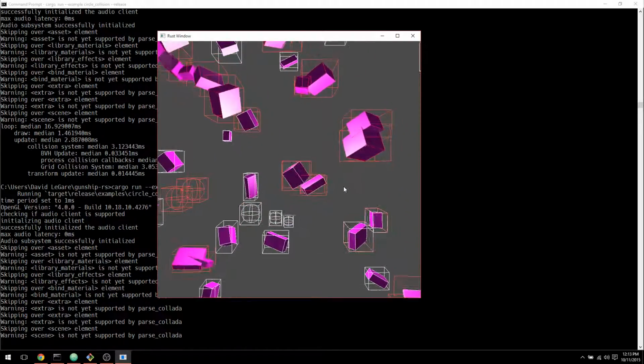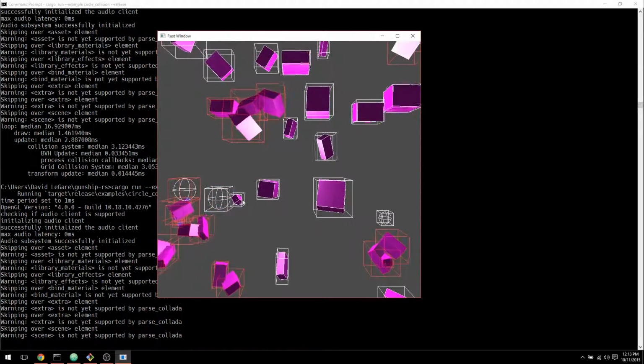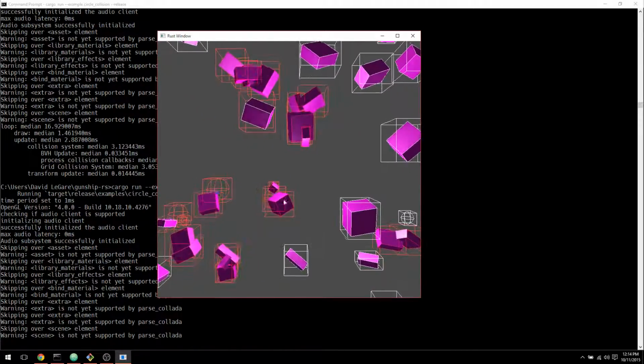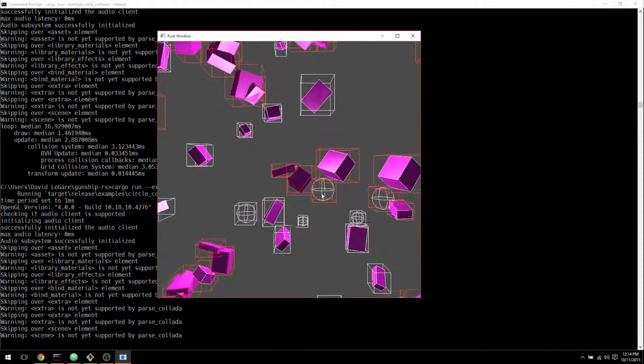One of the other things you might notice is going on here is whenever a sphere is colliding with an AABB or is being tested with an oriented box, there's a little blue dot. It might be kind of hard to see in the video, but